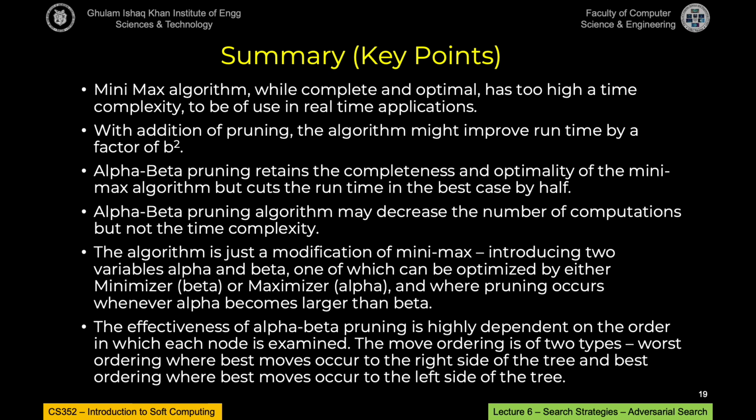और अगर हम बात करें कि अल्फ़ा बीटा प्रूनिंग में कॉम्प्लेक्सिटी में कितना फ़र्क आएगा, मैंने आपको एक टर्म यूज़ की थी, बेस्ट केस। ठीक है, तो हमें बेस्ट केस और वर्स्ट केस दोनों देखने पड़ेंगे। बेस्ट केस वो है कि जब आपके चिल्ड्रन का ऑर्डर इस तरह से हो कि जो बेस्ट ट्री है वो हमेशा आपके लेफ़्ट साइड पे ऑकर कर रहा हो। ठीक है, लेफ़्ट साइड ऑफ द चिल्ड्रन में हो। और वर्स्ट केस सिनारियो, वर्स्ट ऑर्डरिंग तब होगी जब आपका बेस्ट केस राइट साइड ऑफ द ट्री पे एग्जिस्ट कर रहा हो। तो वो तमाम की तमाम एक्सप्लोरेशंस करनी पड़ेंगी और उसमें ऑटोमेटिकली प्रूनिंग नहीं होगी।